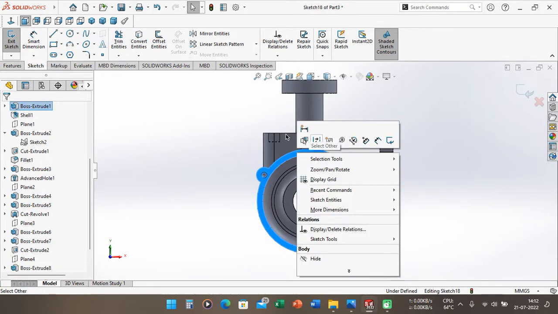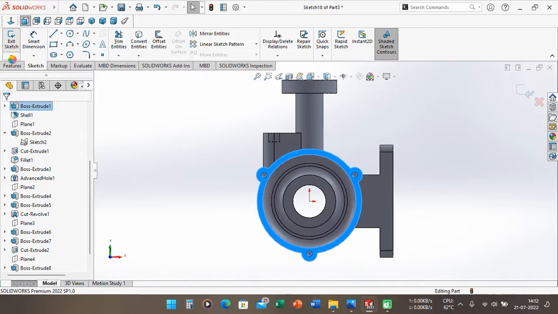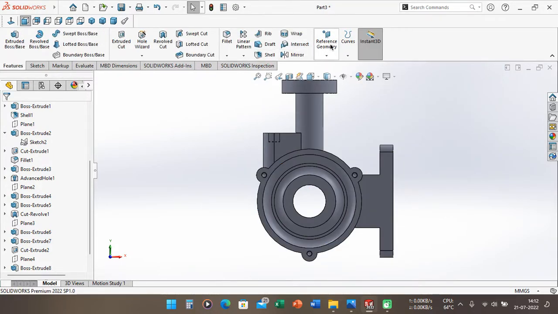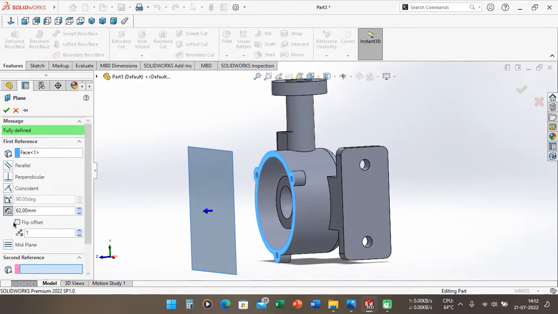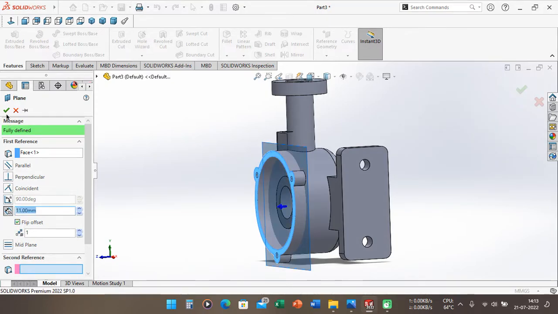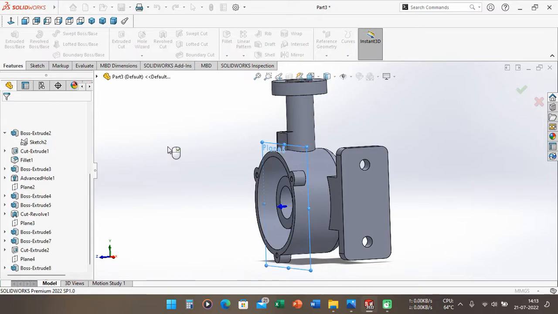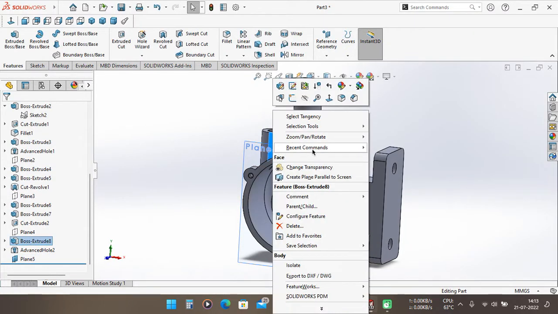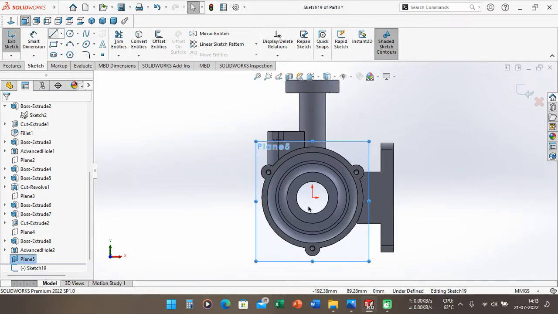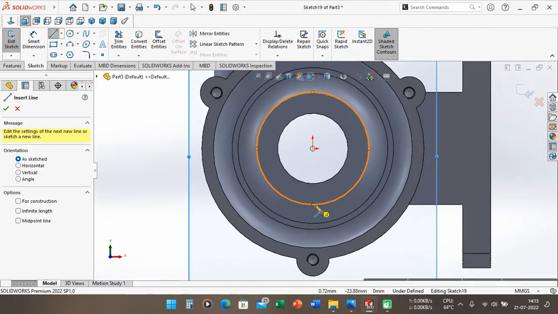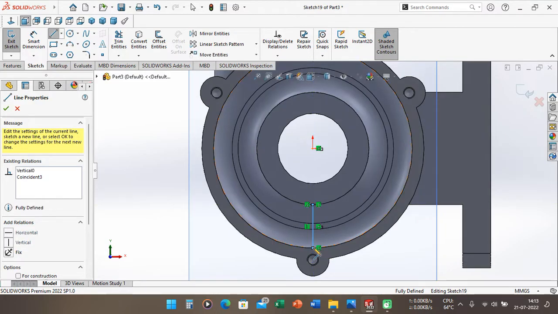After that, we can make a new plane here. And we can move here 11mm and flip side here, and then OK. So on this plane we can make a sketch here, and we can go to it.